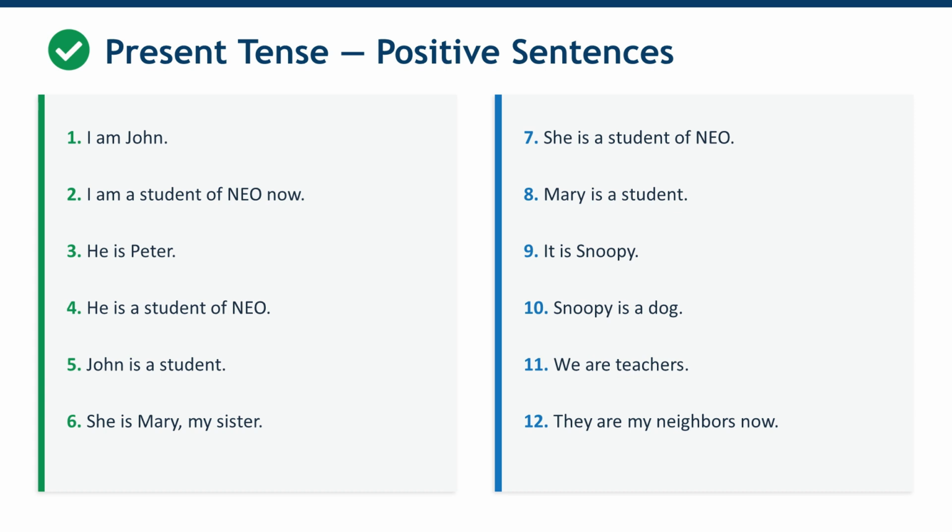Sentence 6. She is Mary, my sister. Sentence 7. She is a student of NEO. Sentence 8. Mary is a student. Sentence 9. It is Snoopy. We use it for animals and things. Sentence 10. Snoopy is a dog. Sentence 11. We are teachers. With we and they, we use are. Sentence 12. They are my neighbors now. So remember, I goes with am, he, she, and it go with is, and we, you, and they go with